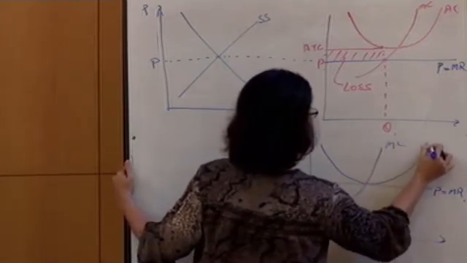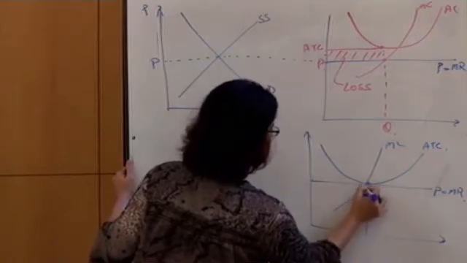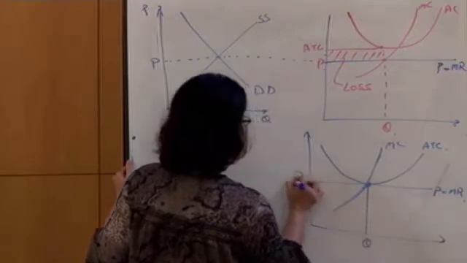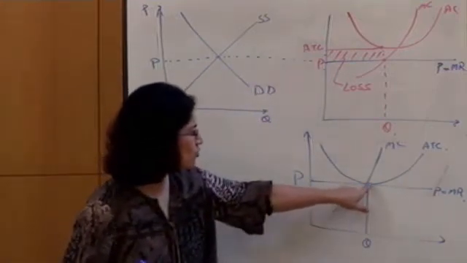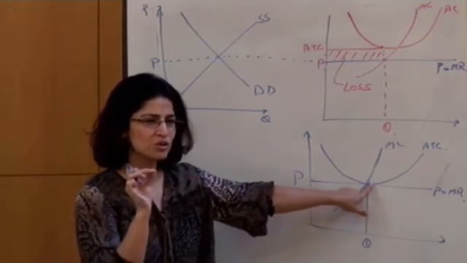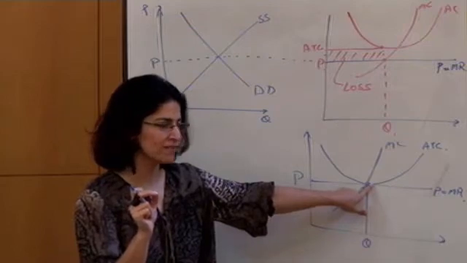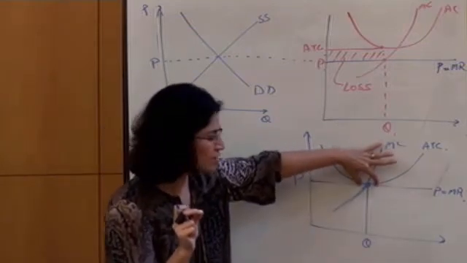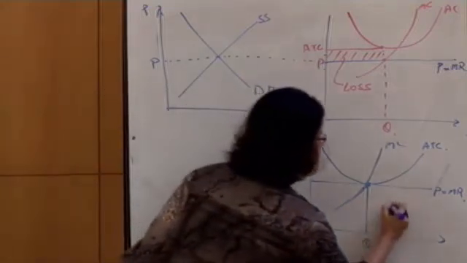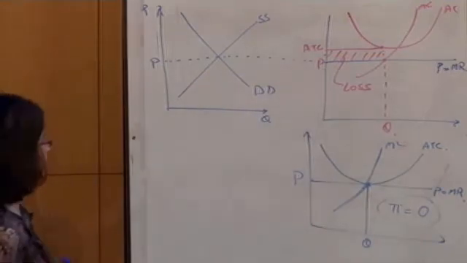Marginal cost, average total cost. This is where you produce. Marginal cost is equal to marginal revenue. This is the price. So do you see? It's operating at the minimum of the cost function where you have constant returns to scale. No economies of scale here. Operating at constant returns to scale. Profits being made in the long run is zero for a firm in a perfectly competitive industry.